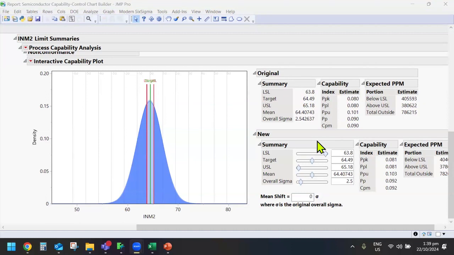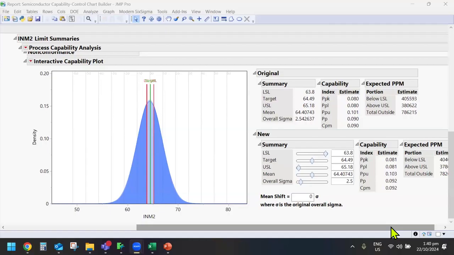Yes. Adjust the upper and lower spread limit. Widen the spread limit. Yes, exactly. Because our CPK is a formula of the spread limit that is given by the customer or that you promise to your customer. Another is the mean and sigma for your own process. Mean and sigma is something that you can control.